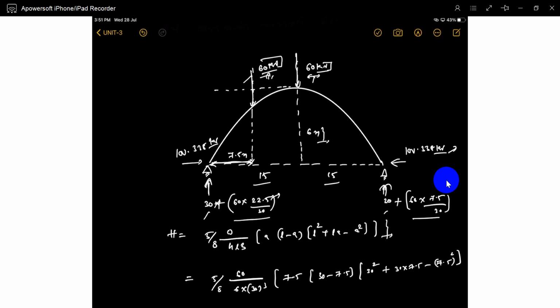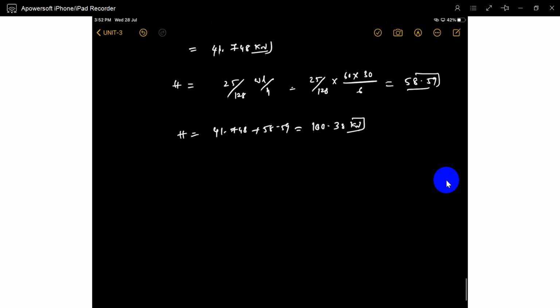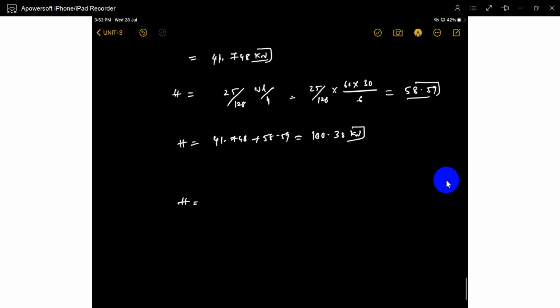So what is that value? 60 multiplied by 7.5, answer divided by 30. So we'll get 15, it's 45. VB is 45, so total is 120. So this is exactly 75. This is VA is 75, VB is 45. So okay, that's it. First you have to write down like this, and later you already know it.